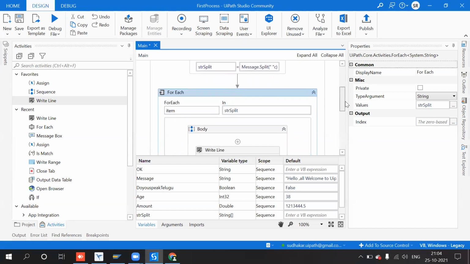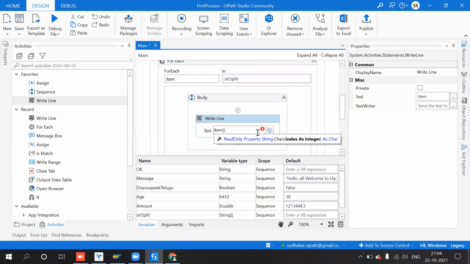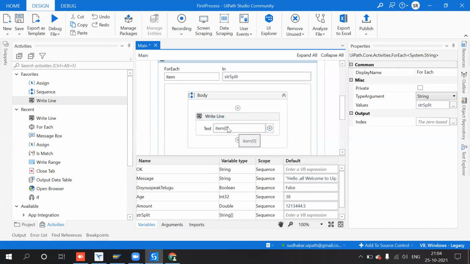Then I need item of 0. What does 0 represent? 0 represents the first index of a value. 0 is nothing but an index.